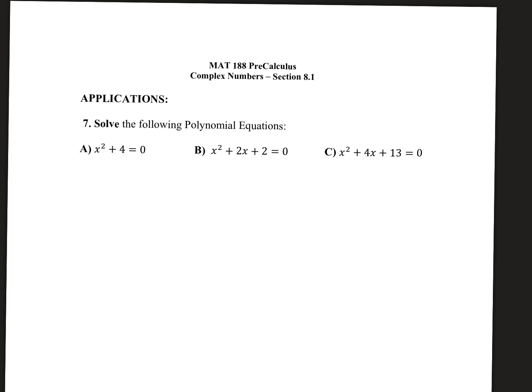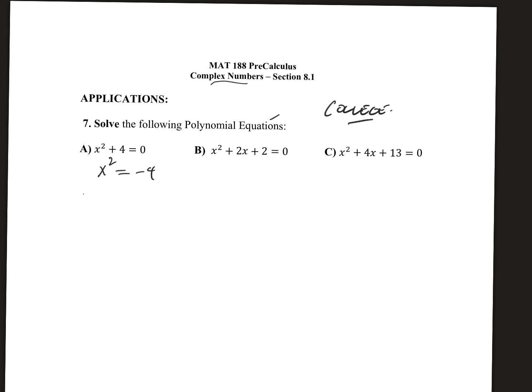All right, so we're going to go back to our college algebra days, and we're essentially going to see an application of our complex numbers. Where you guys have probably seen them before is when you're solving a polynomial equation. Essentially, what we have here is we're going to be solving for x. And one way to solve it, and this one's pretty easy, you just kick the 4 over,